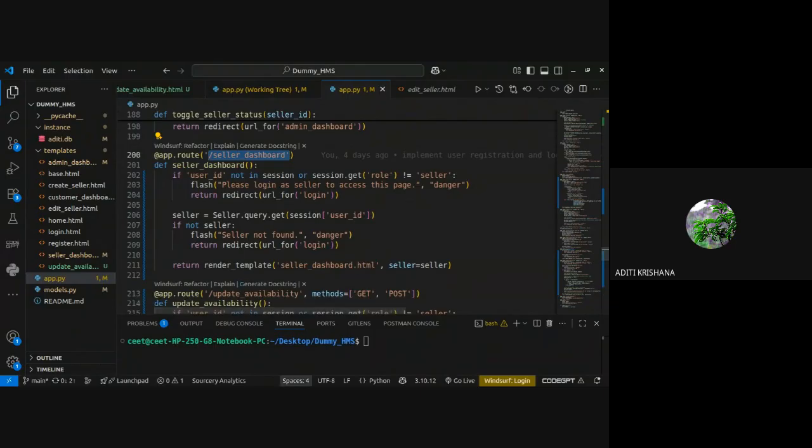Why? Because when you log in to a particular seller's dashboard, for example Aditi Krishna's dashboard, it should tell that this id you have been logged in, meaning seller slash seller dashboard slash 1. This should be shown, because if every seller is getting only a common link for their dashboard, then it won't be called a unique url.